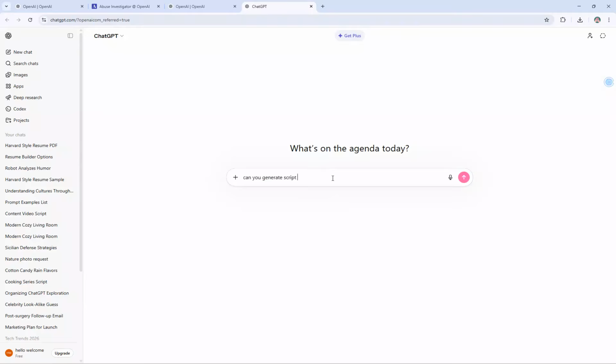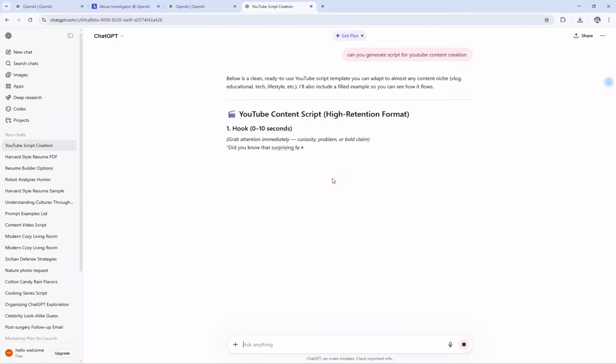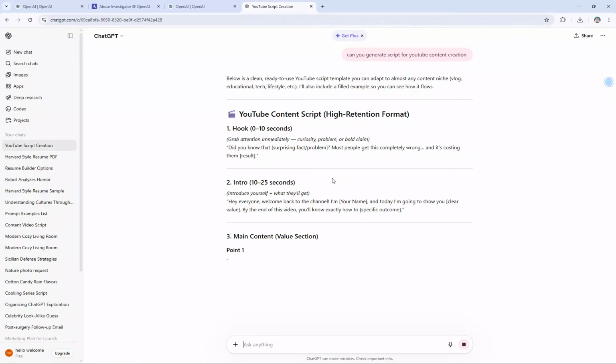Begin by typing in your video requirements. You can ask ChatGPT for help writing a script by providing it with details about your video topic, tone, and length. Once ChatGPT generates a script, review it and make any necessary adjustments. You can also ask it to suggest scene transitions, background music ideas, or even video titles and descriptions to enhance